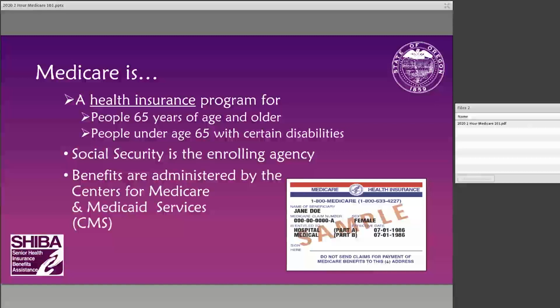On the right-hand side, on the bottom, is a sample of an old Medicare card. Take a look at that card. It has somebody's name, their Social Security number, their gender, a signature, and the date, the month, and the year that they turned 65 most often. Right there, that is an inherent fraud